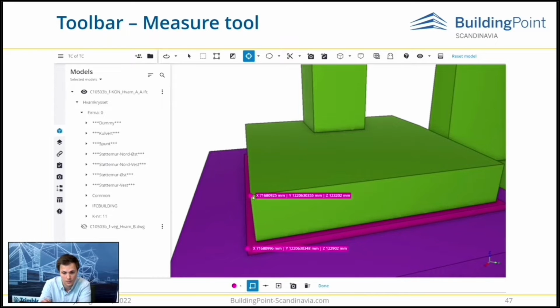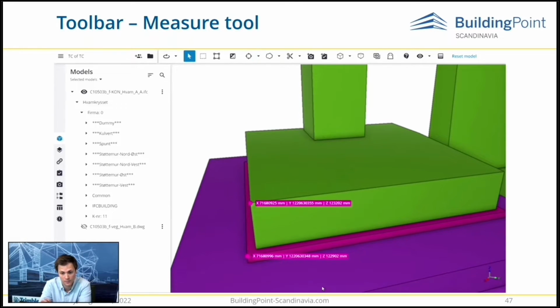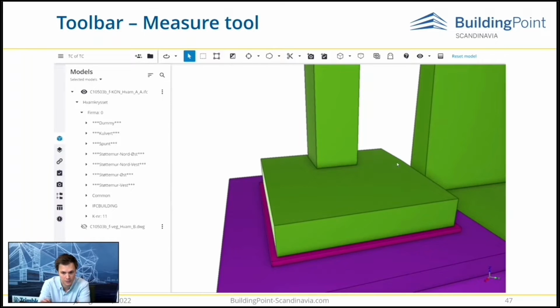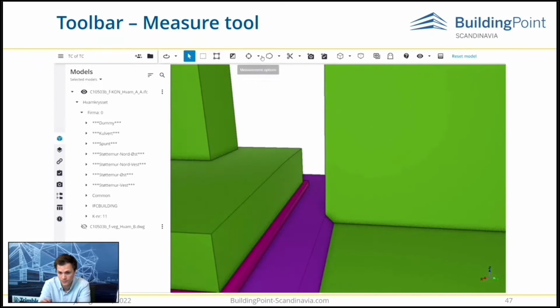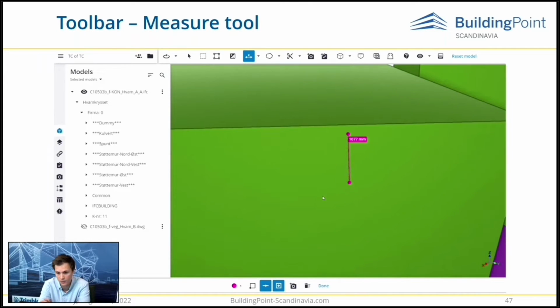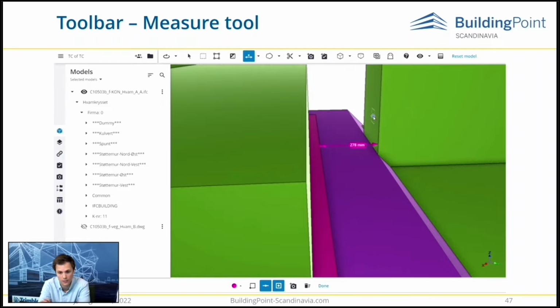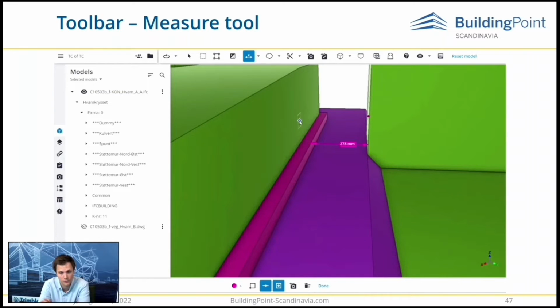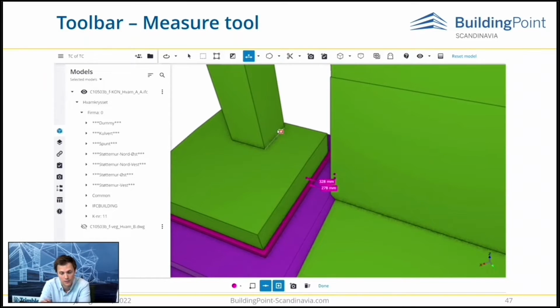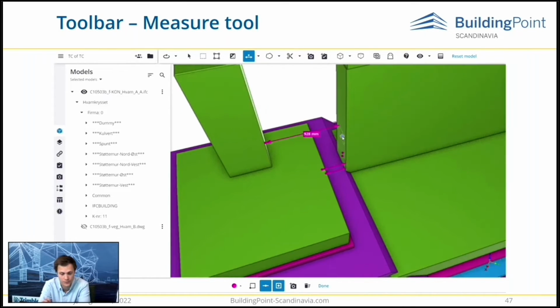So for 2 points, I am getting the point coordinates. That's the one type of measure we can do. The other one is, as mentioned, the perpendicular measure, where you can select one or several types of points that you would like to be able to select now. And now I'm selecting from edge to surface, and from surface to surface between this concrete wall and the other